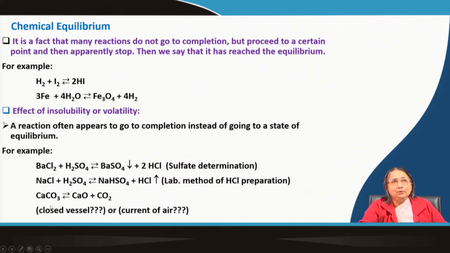But when you heat calcium carbonate in a current of air, that means in an open vessel at the same temperature, then this carbon dioxide is a gas. So, it will go out. So, then what will happen? More and more calcium carbonate will be converted to calcium oxide and carbon dioxide. So, you see that a greater amount of calcium carbonate will be converted to calcium oxide and carbon dioxide, and if you give sufficient